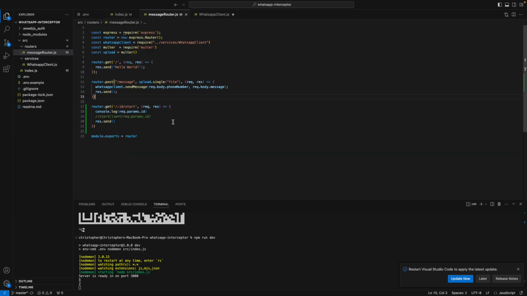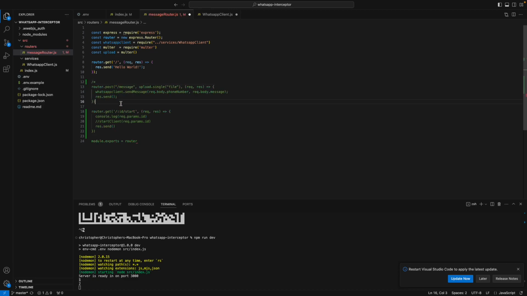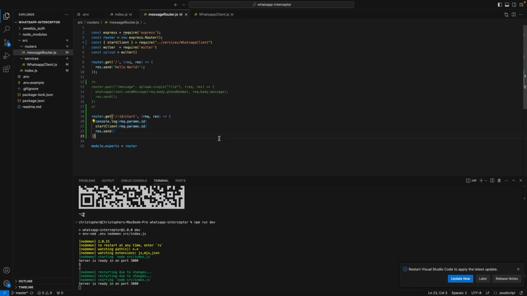And now here back in the message router, I will comment this message route because we will change this in the future. And now instead of WhatsApp client, we receive the start client from the WhatsApp client file. So here I will remove the comment, save everything, and let's see if